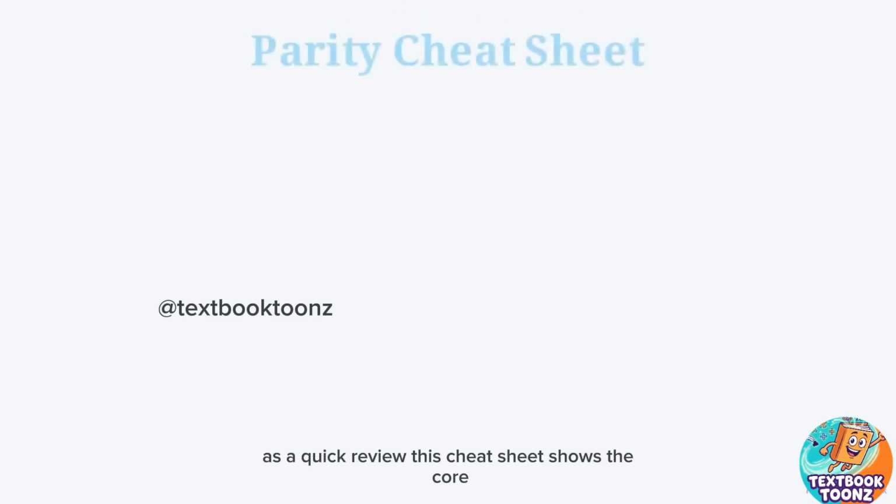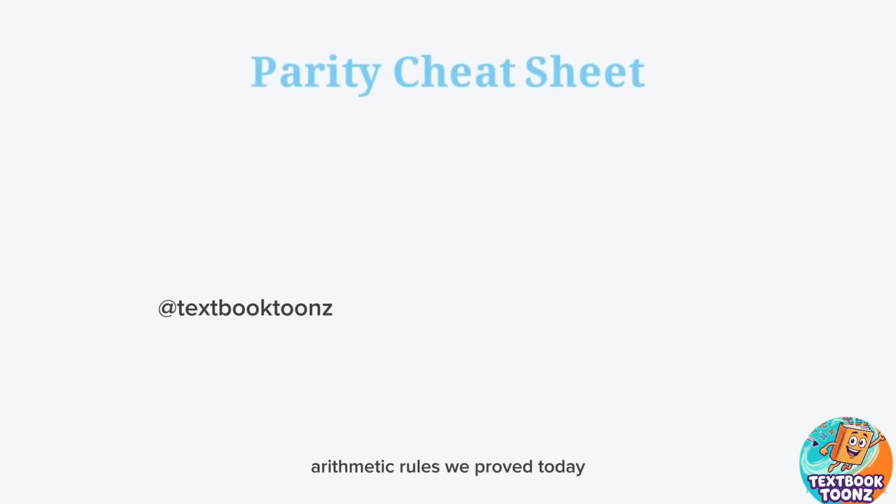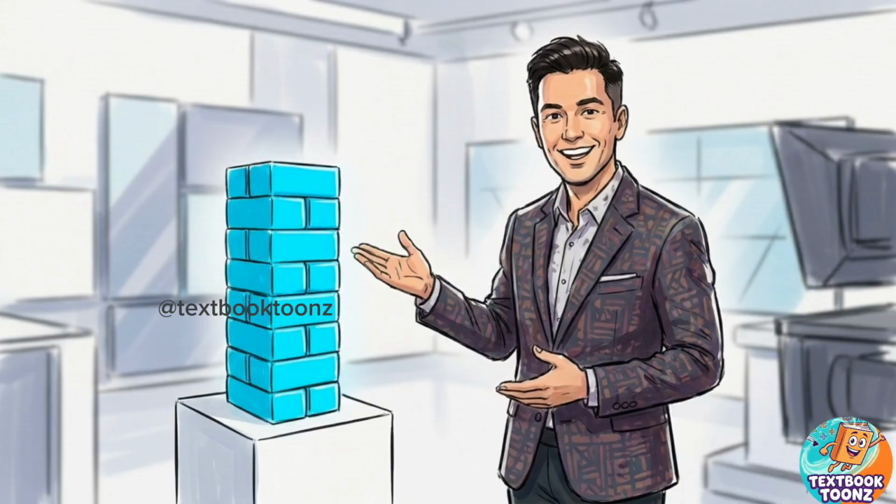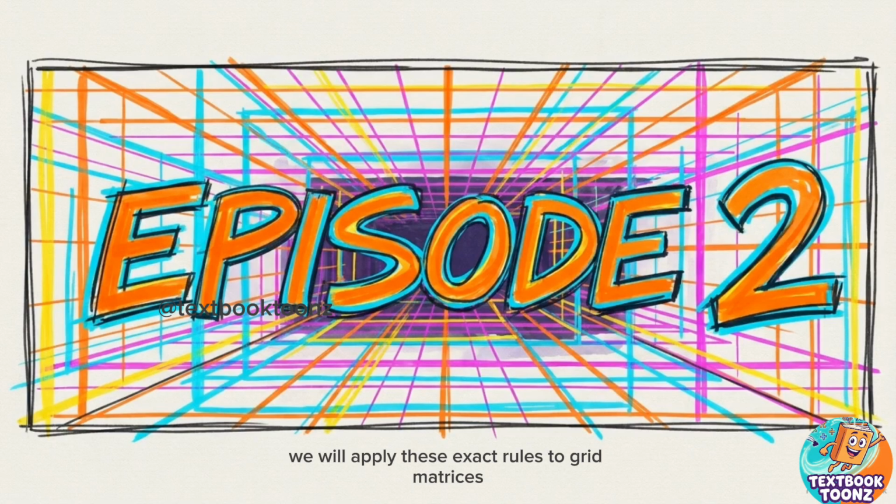As a quick review, this cheat sheet shows the core arithmetic rules we proved today. Odd plus odd equals even. Even plus even is even, and even plus odd is always odd. Mastering these logical patterns gives you the analytical tools you need for number play. We will apply these exact rules to grid matrices in episode